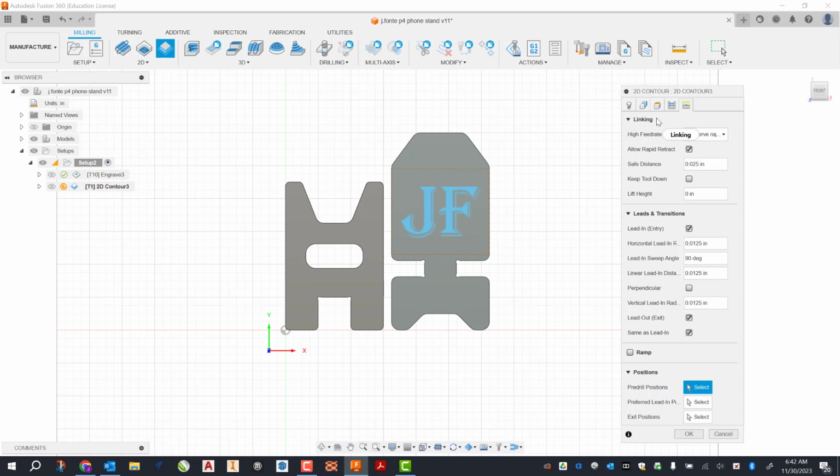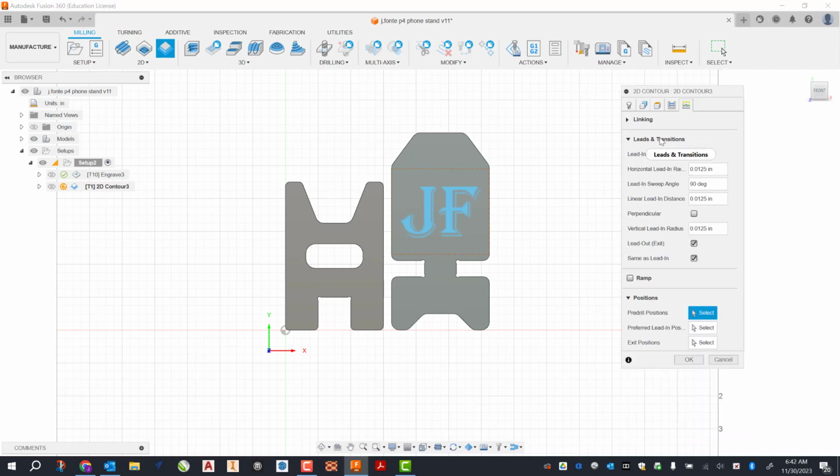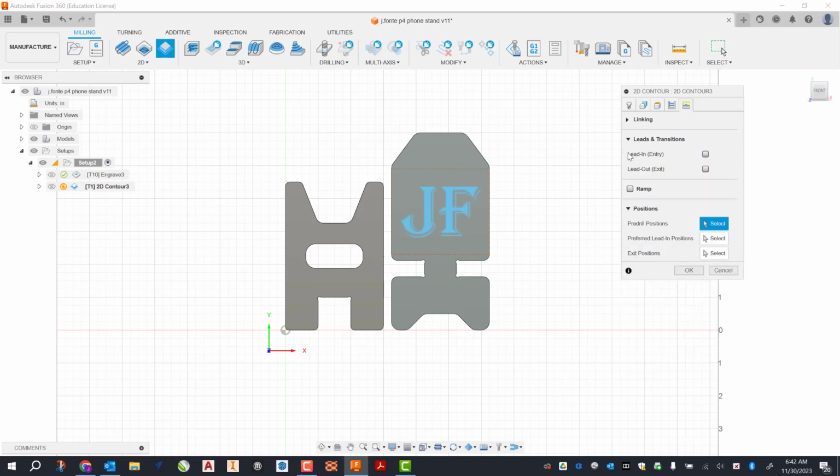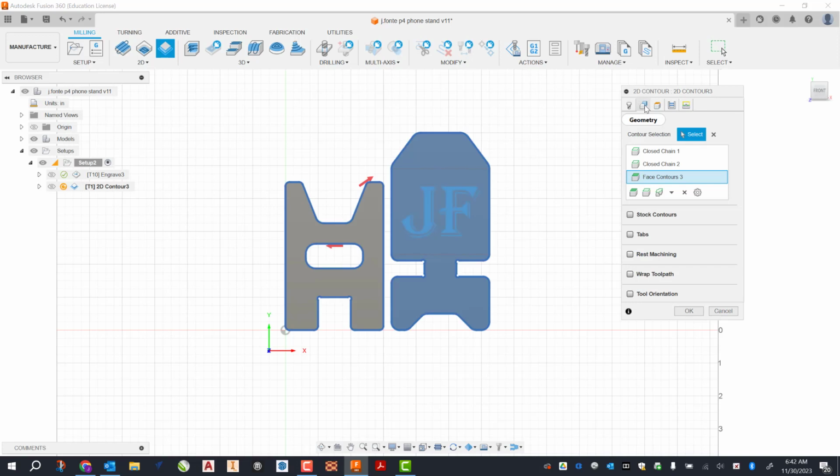And we want to make sure, so our first drop down for linking, we don't need to change anything there. All right, our leads and transition, we want to make sure we do not have a lead in and we do not have a lead out. Okay, so that's our linking. The last thing I want to set up, and I'm going to go back to our geometry tab,